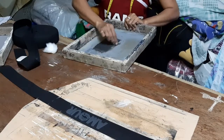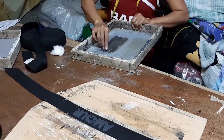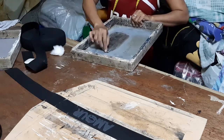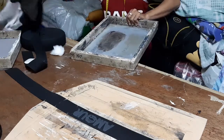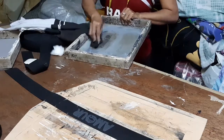Okay, we should take print orders and start a print shop. Yeah. Screen print only. It's rare. You can find all kinds of printing here, heat press and